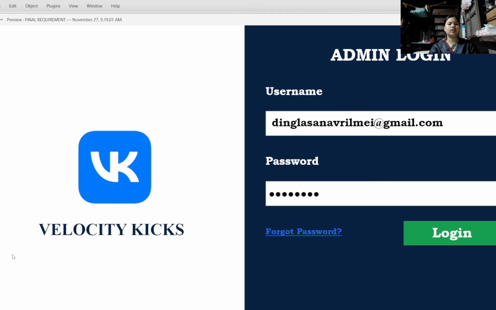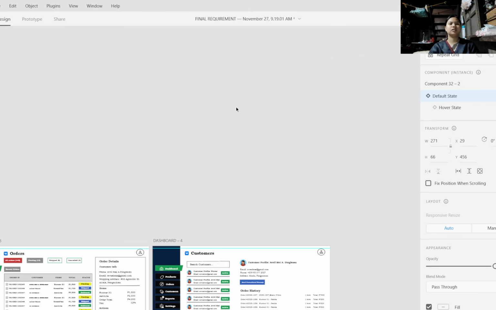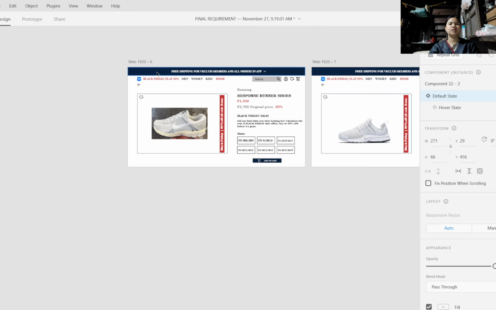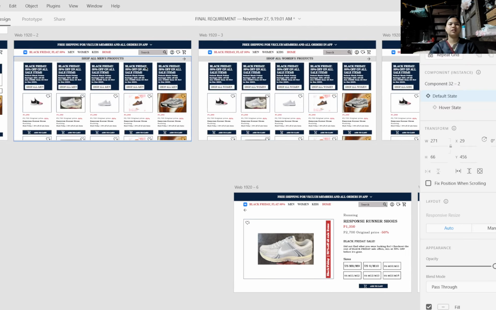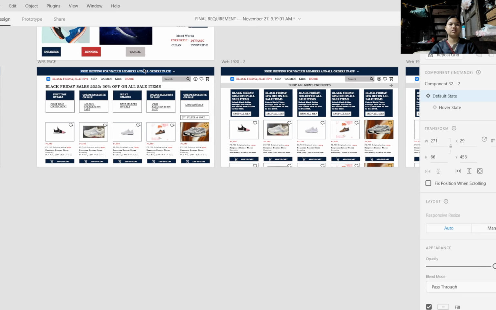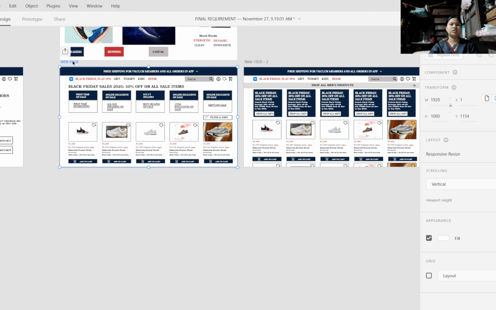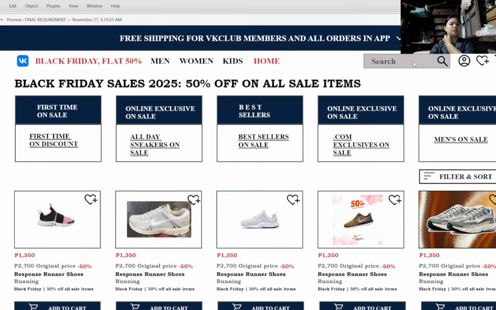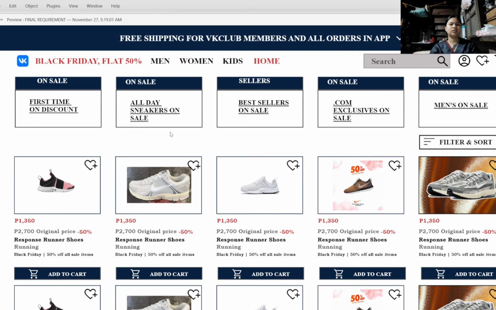When I click the logout, it will go here again to the admin login. And for this web, this is the web page. This is almost 100% too. When I click this one,